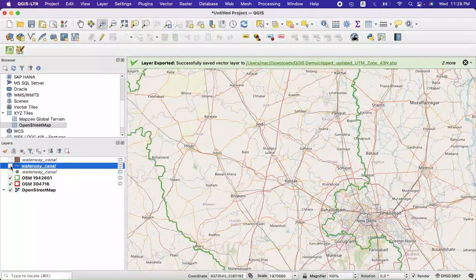Look at these orange lines. These are the canal. Okay. So now let's start with buffering. Buffering allows us to create a zone or area around a feature. So for this,